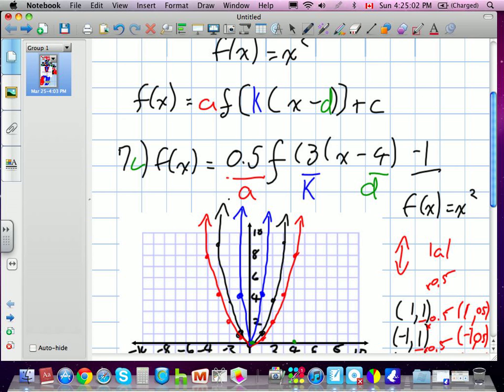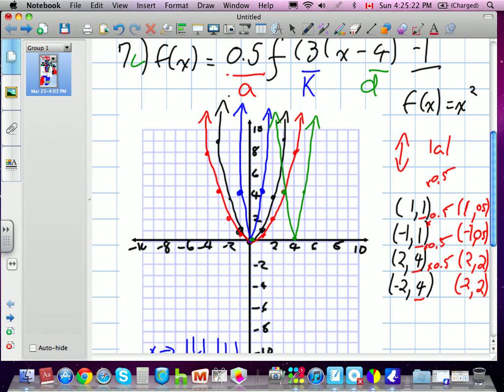My 1 in 4.5 now moves over to 5 in 4.5. My negative 1 in 4.5 moves over to 3 in 4.5. And that's pretty much it in terms of how many we can fit on this graph. But this is with the D translation. Okay. And finally, the very last one, we'll have to do black again because I don't have that many colors,